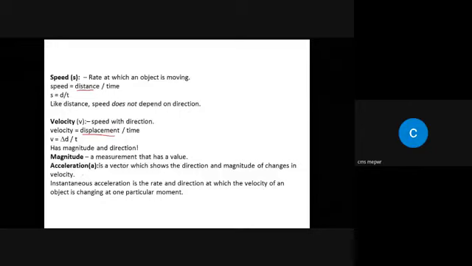Sometimes when we want to show it mathematically, we basically use the condition that t approaches 0. So that is basically the condition for instantaneous acceleration. Okay,